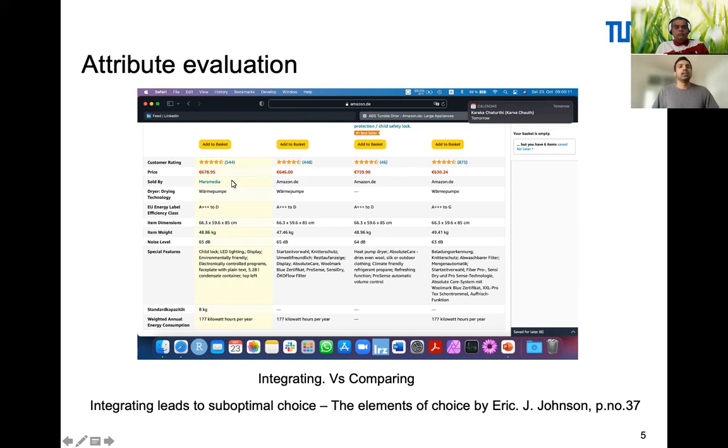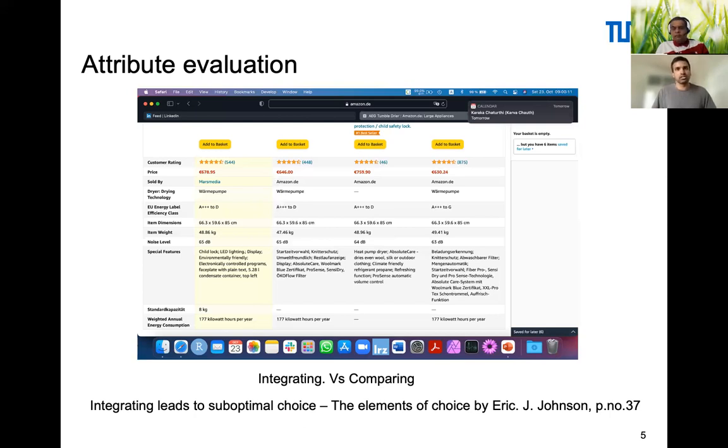Right? And technically, the pattern of eye movement that I showed later on, so the later part is like, okay, so you move with the option basis, called integrating. But when you start from here and then you move between options in the attribute manner, it's called comparing. Researchers and also